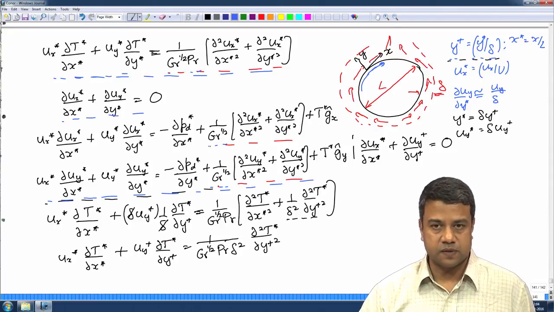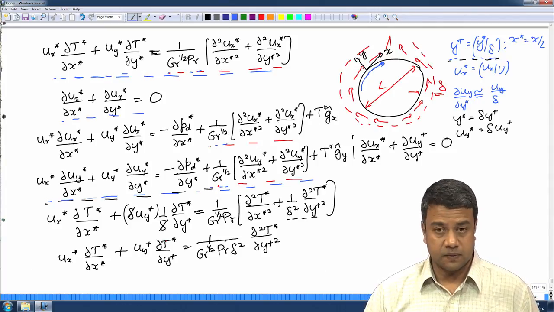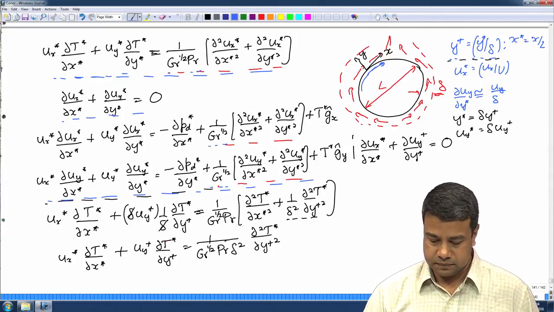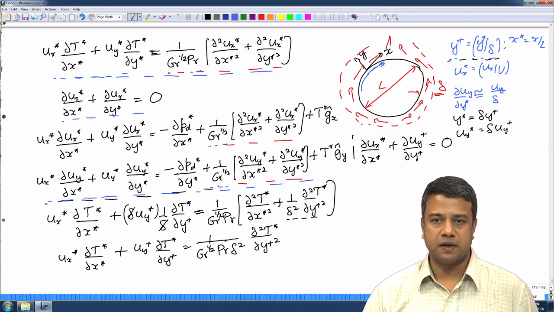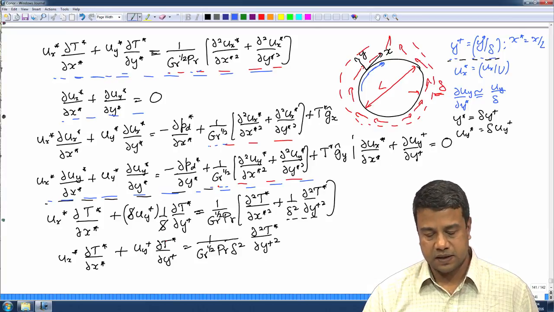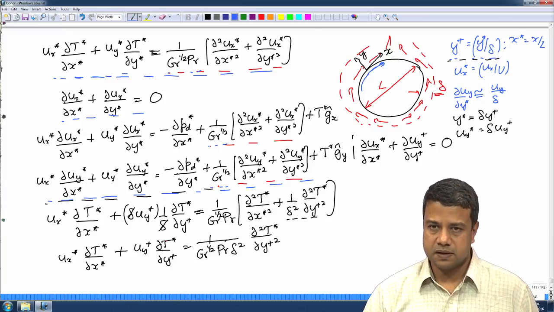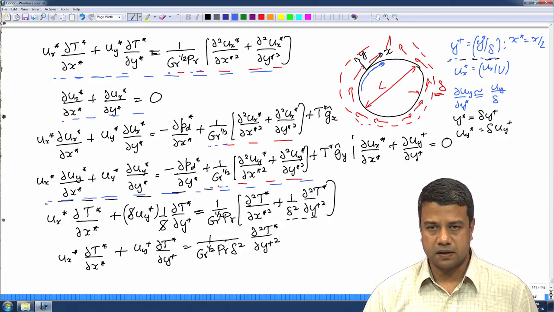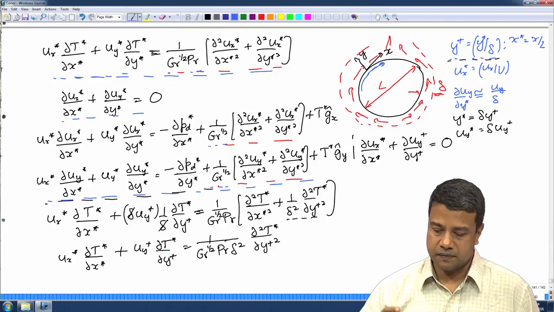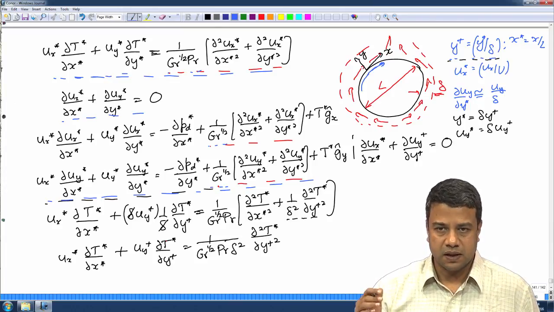And I told you that in most practical applications, the Grashof number is actually very large. And due to that, if you assume the limit of infinite Grashof number and just neglect the diffusion terms, the result you get is that the temperature is a constant along velocity streamlines. That obviously does not satisfy the condition that the temperature has to be a different value at the surface of the object in comparison to the ambient, because the streamlines will go all the way from minus infinity to plus